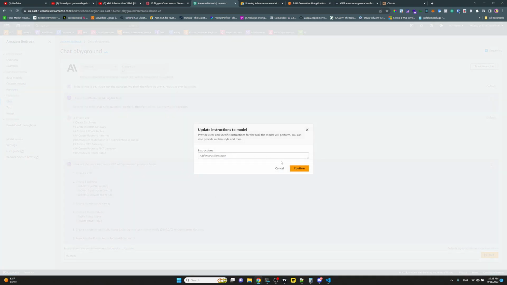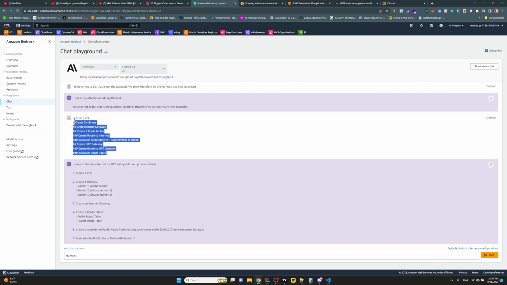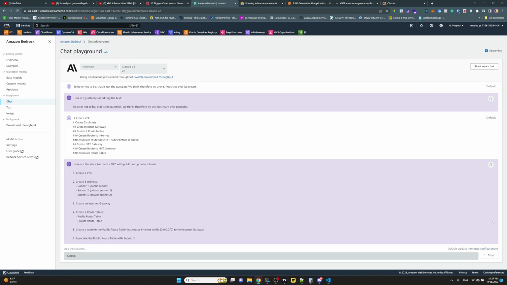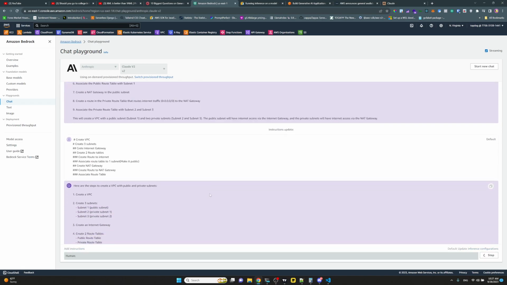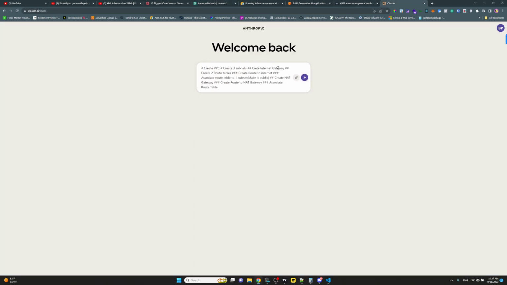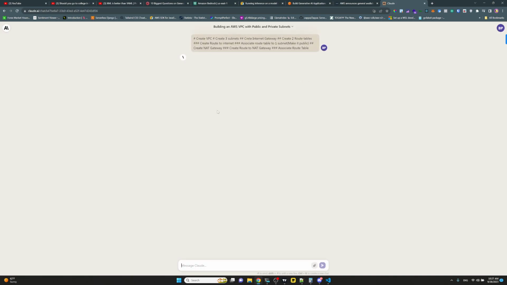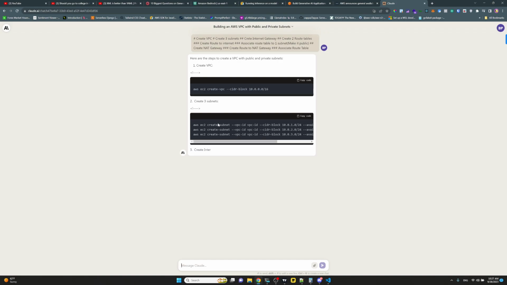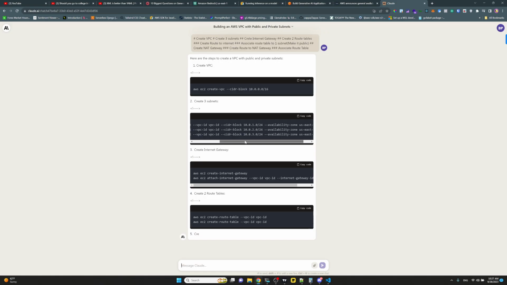Let's remove our instructions here and prompt it one more time. This will create a VPC. I'm actually not really liking this output right here. Let's go to Claude AI. This is a live try at this, y'all, so I just want you to see how this works. It looks like it does it here, and it actually does it via